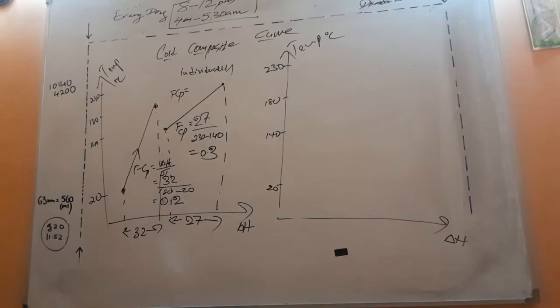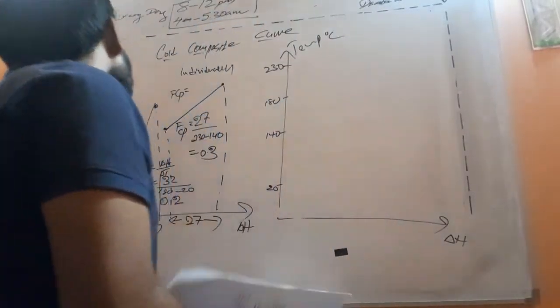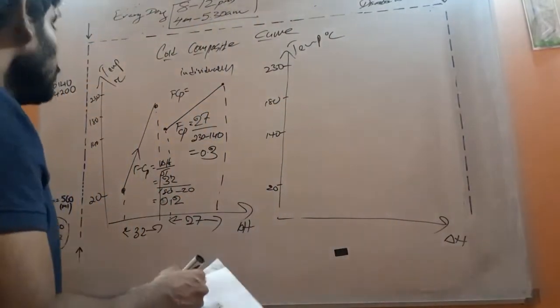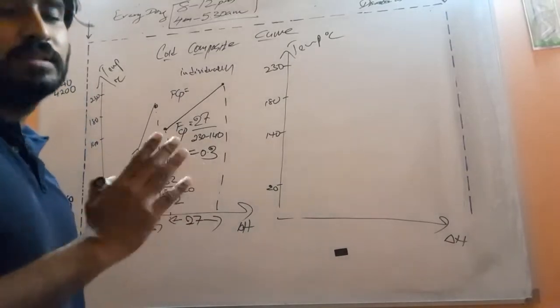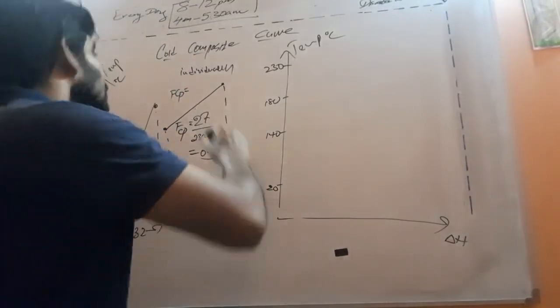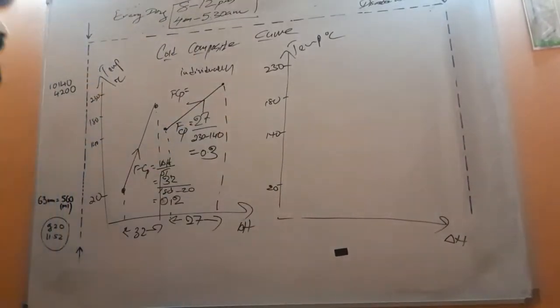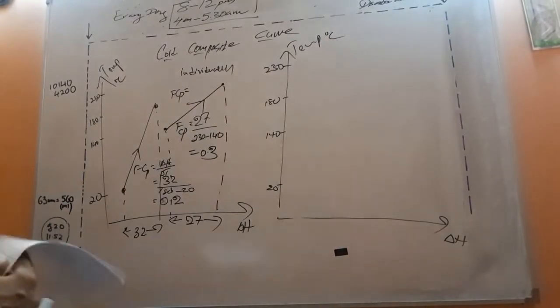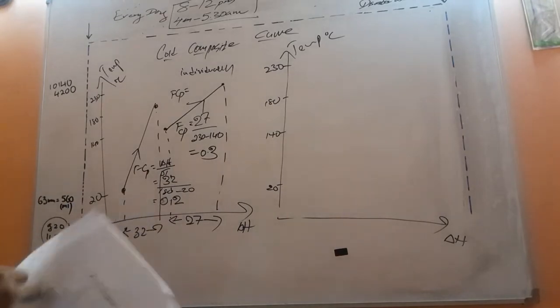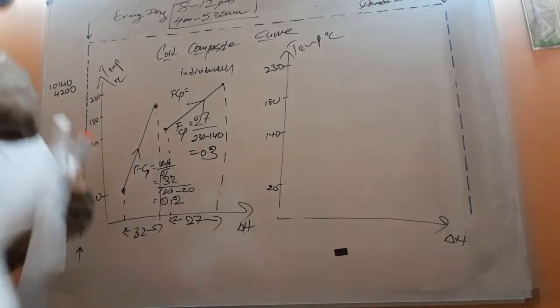Okay, right. So now the next thing is to combine that. How to combine that? I forgot to put the arrow. Now putting the arrow is very, very important. Right. Okay. So now we have to combine that. How to combine that?